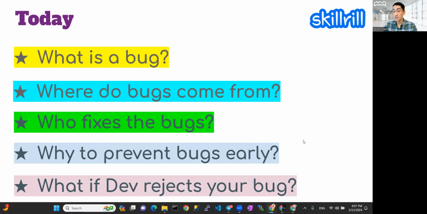Developers can actually reject your bug report. You can report saying, hey, I see some issue, but they can say, well, I don't think that's an issue. That's a common situation in the IT industry or during the software development process, and therefore this question comes up a lot. So we're going to discuss all of this